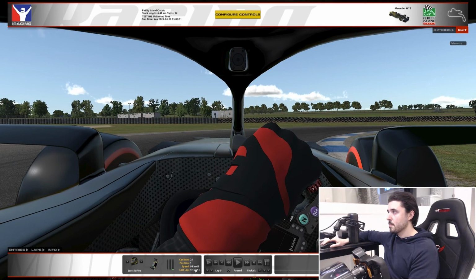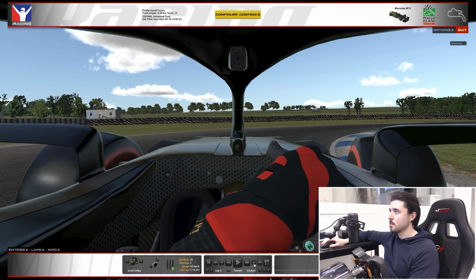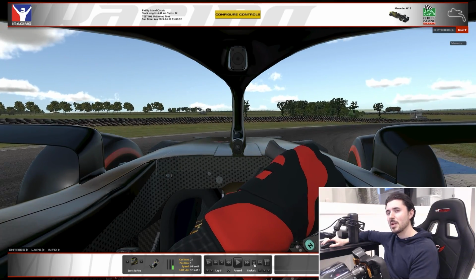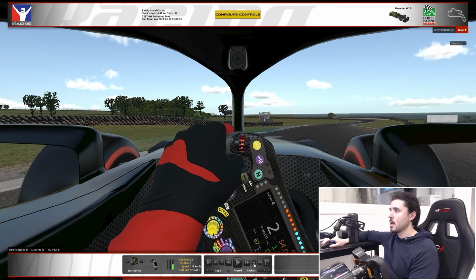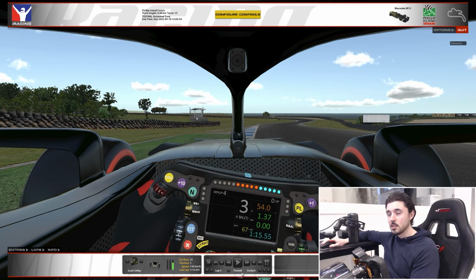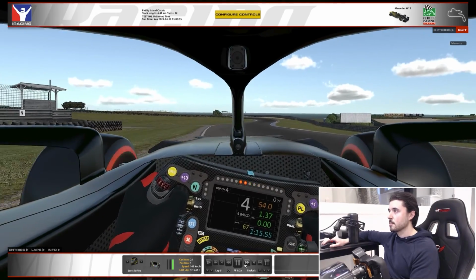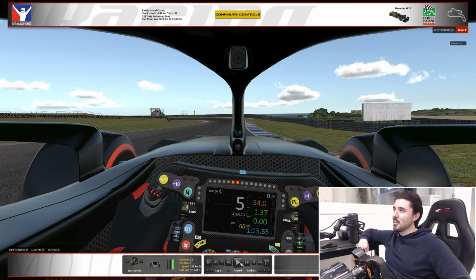Not on throttle yet. And then as the car is pointing perpendicular with the hut in the far background, we start to cover the throttle. I probably could have gotten throttle a little bit earlier, if I'm honest. A little bit hesitant around this corner, probably due to the lockup. And then we slowly ease on the throttle. Make sure we get the car pointing straight, short shift into third, and then trust the traction and quickly move the car over to the right hand side into this another slightly quicker, but not as quick as the first, long hairpin